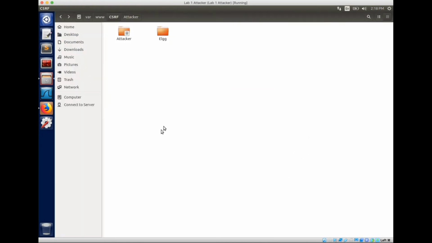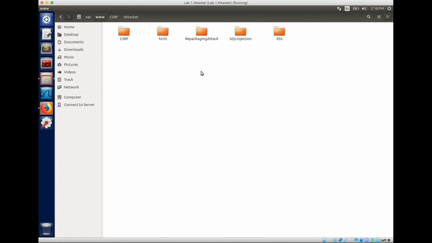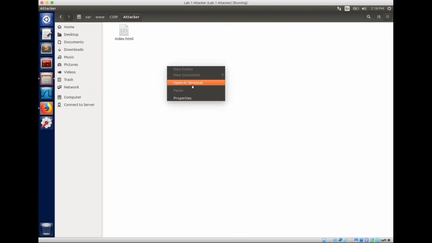In this lab, it's here. Actually, let's go back to here. It's in the computer, this var folder, www folder, CSRF folder, attacker. And here is a log. In the attacker folder, when you click in it, it's empty. In yours, it's empty. This is what I created. So when you're trying to create an HTML file in this folder, you can just open a terminal,